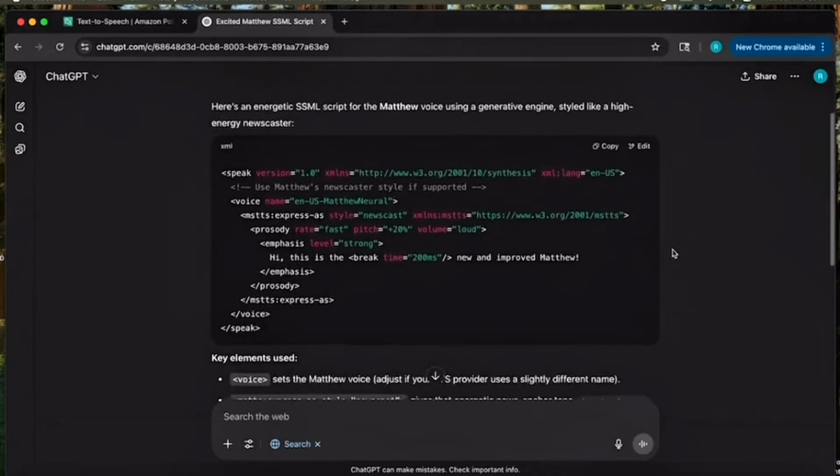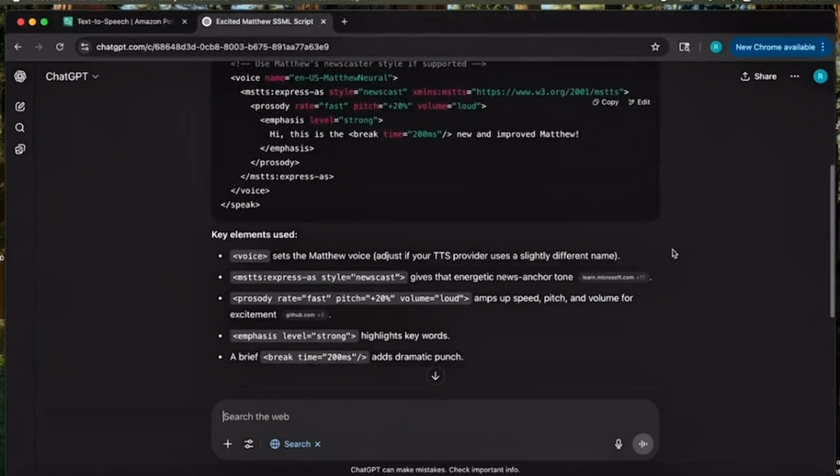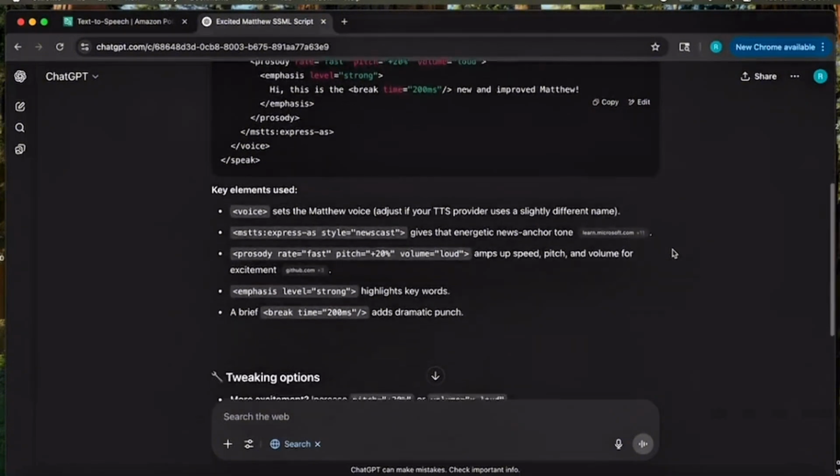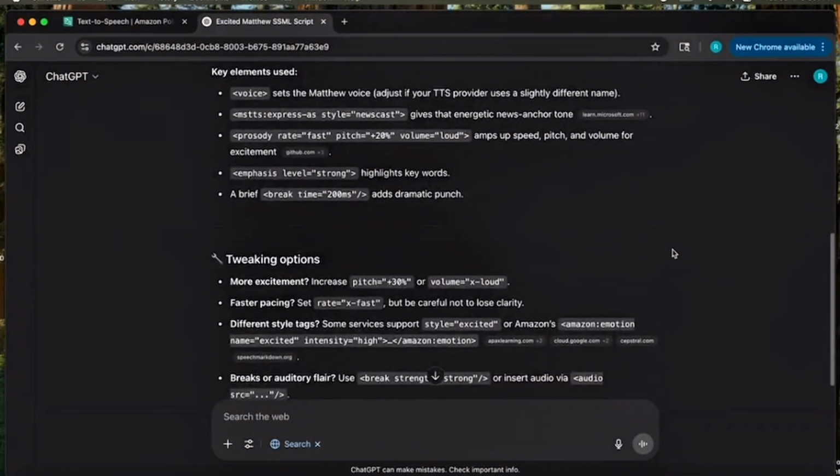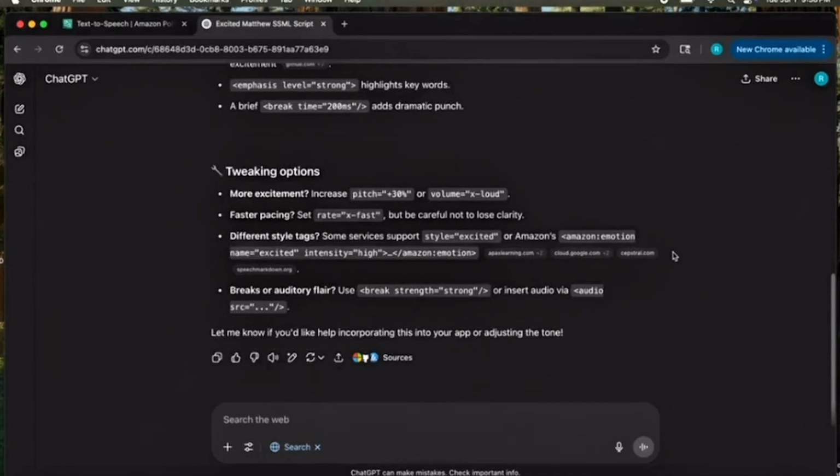Also, if you scroll down, you will see more tweaking options where you can change the pitch, you can change how fast you want Matthew to talk, you can change the style, and so it's like basically telling you which tags to use or which tags you need to do what it is that you need for Matthew to do. So basically, as the ChatGPT is writing the SSML code for you, it's also teaching you how to write and